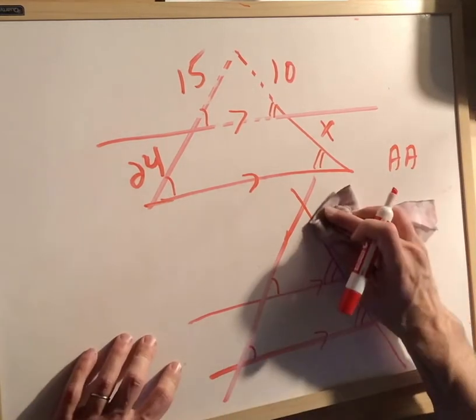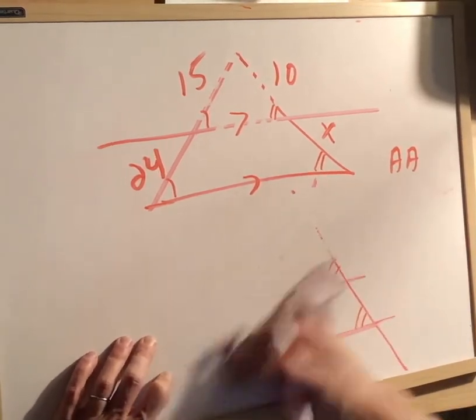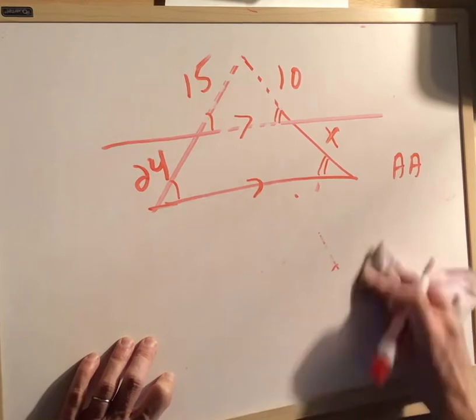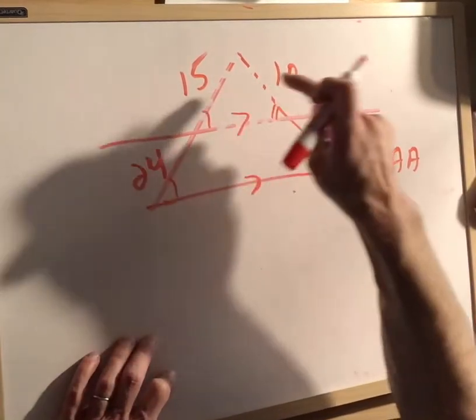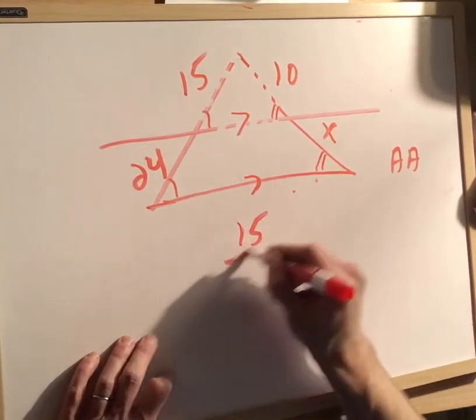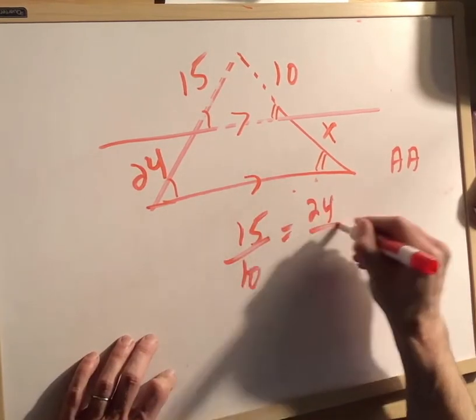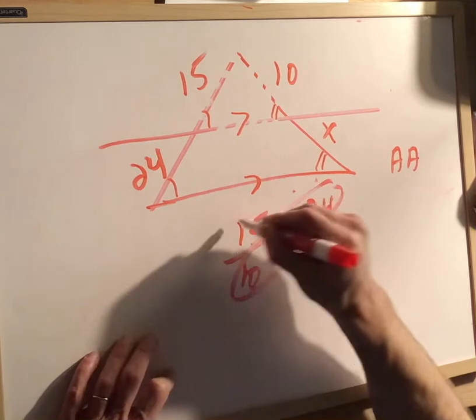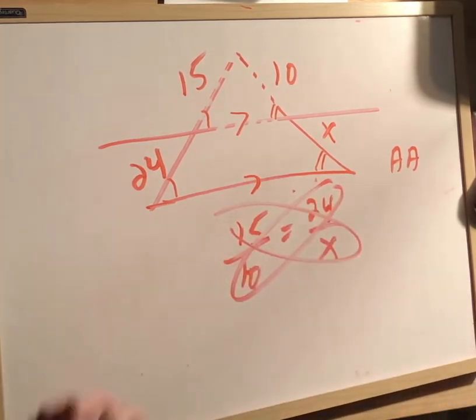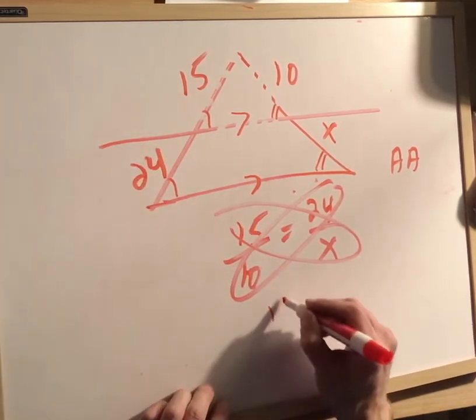The way that you would find x is you would just set up a super easy proportion. Let's take 15 over 10 equals 24 over x, and cross multiply to solve. Or you could do this. You could say 15 over 24